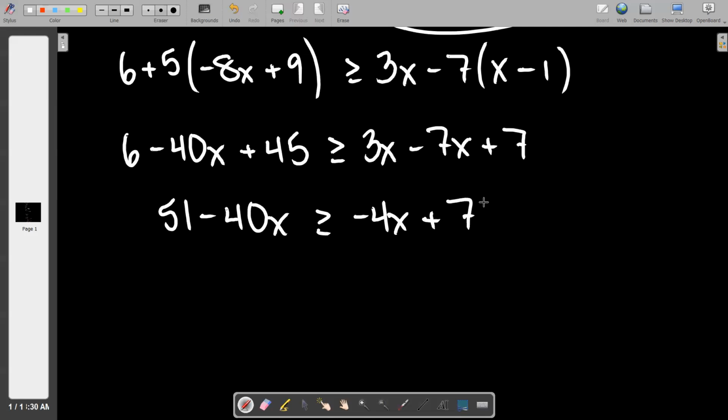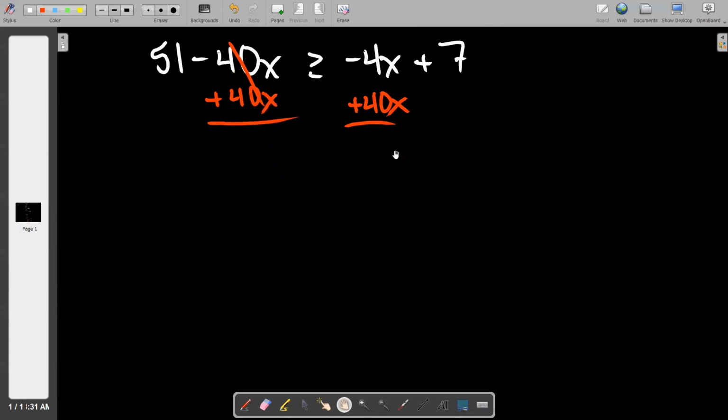You are now in two different groups. If you're like Mari and you like come hell or high water, I'm putting the variable on the left, Mari's going to add 4x to both sides. If you're like Tegan, you're going to add 4x to both sides. Zane, what would you do? So you're going to add 4x to both sides. So Zane says, I like my variable positive. Don't care if it winds up on the quote unquote wrong side. It's all good. So if we're doing it the Zane way or the Tegan way, or anyone else,